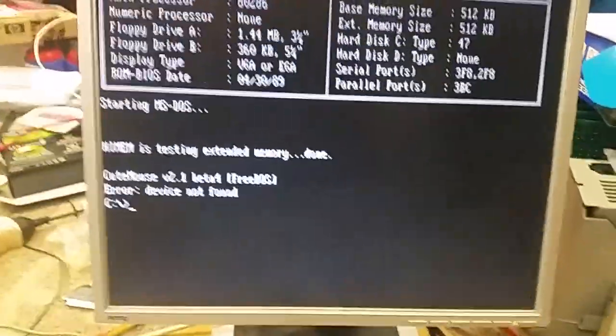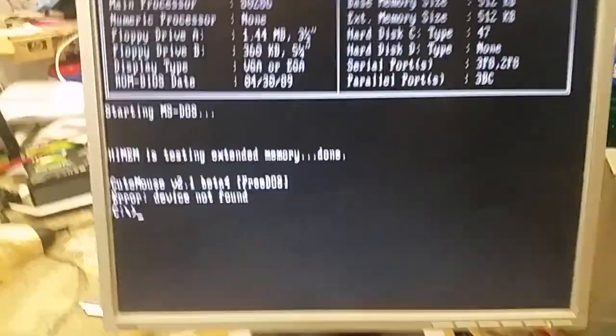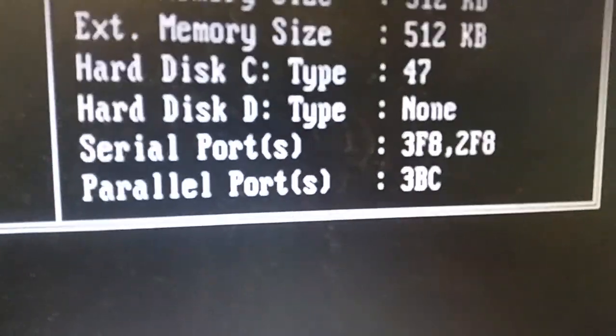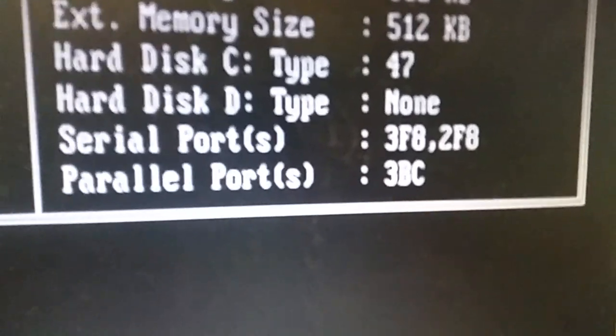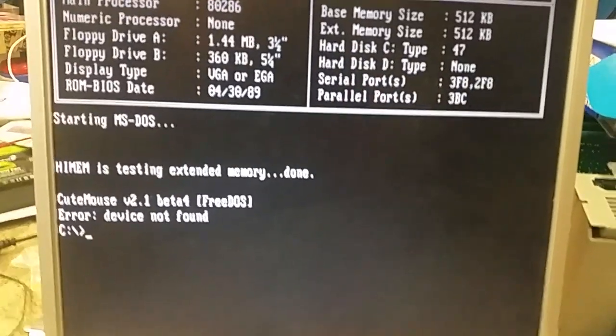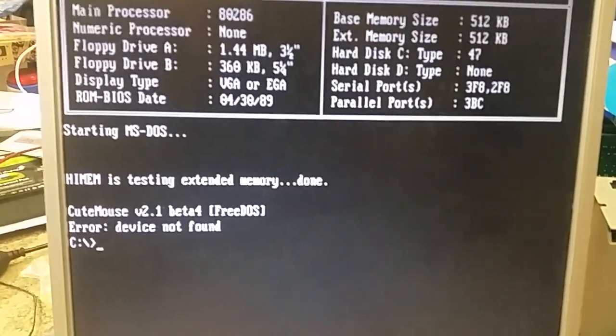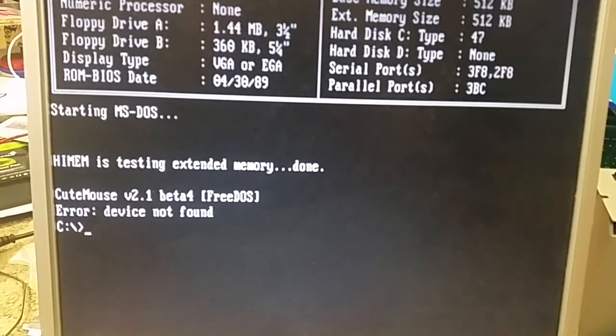And the I/O card in this isn't a happy one. It's misconfigured because LPT1 shouldn't be 3BC. 3BC implies LPT2, and I've got no idea what the jumper settings should be. I've spent quite a bit of time trying to find it, but